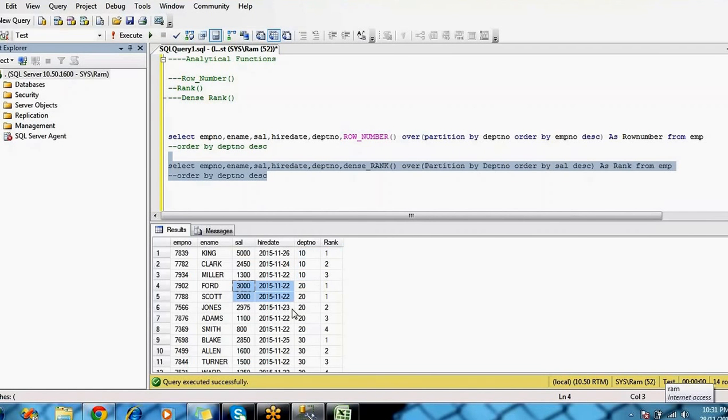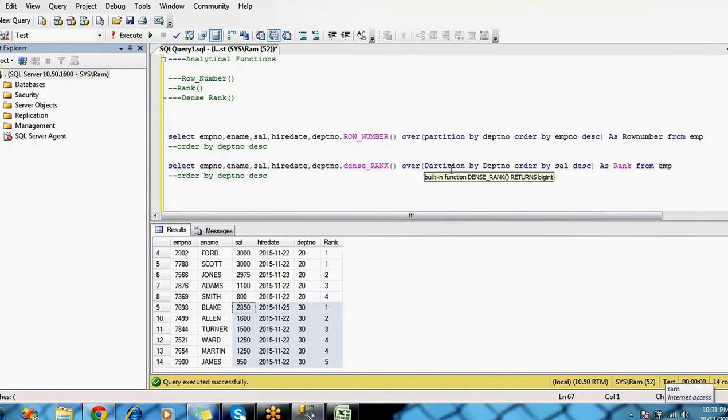And if you come to department number 20, there are four ranks. The first rank is 3000, with two people, then the second rank 2975 is the salary, and then the third and fourth ranks. Coming to the 30th department, these are the people having ranks. This way you can give ranks based on the partition also.